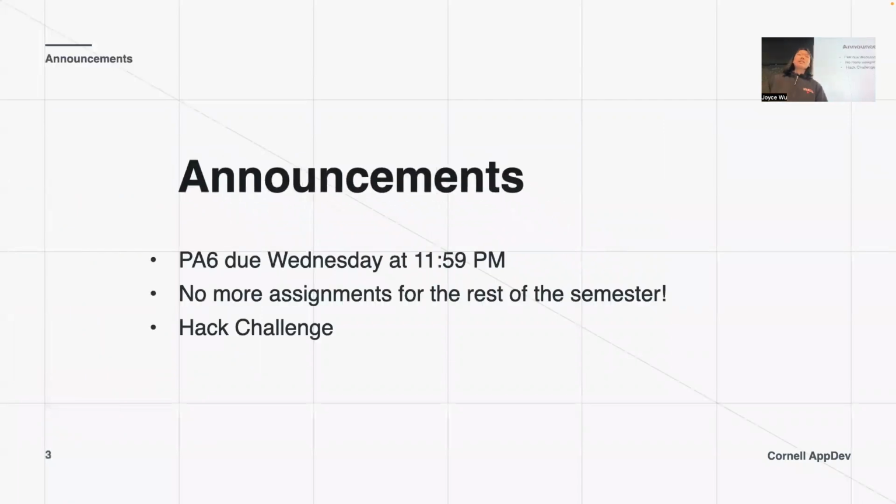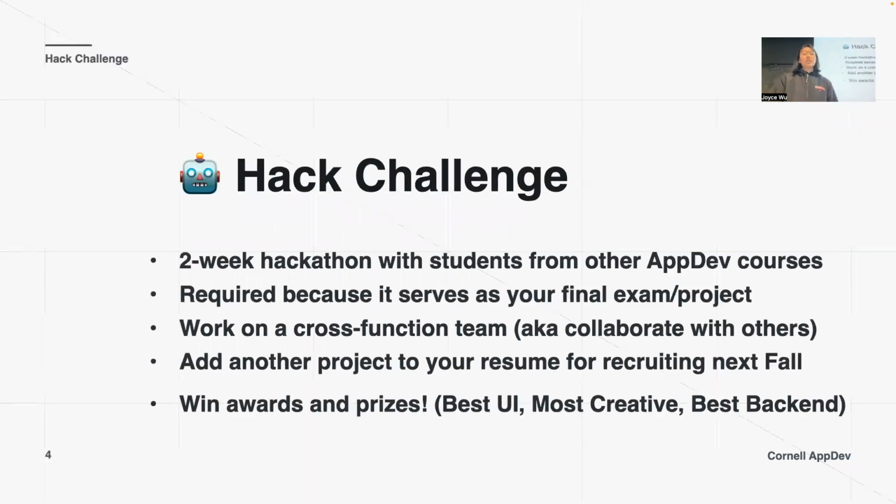Okay, so PA6 for deployment is due this Wednesday at 11:59. That's technically your last assignment for the semester. And then after that, you have your final project slash exam, which is the hack challenge, a 2 week long hackathon where you get to pair with students from all the other courses, for example, the front end courses, as well as the front end design course, to build your own app. So just to talk a little bit more about the hack challenge, it's going to be 2 weeks long